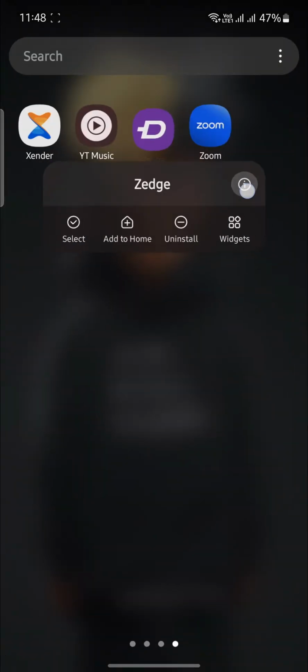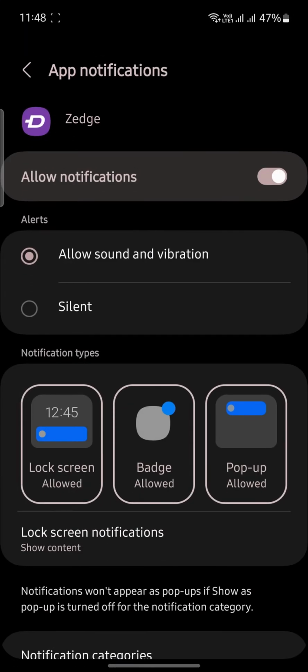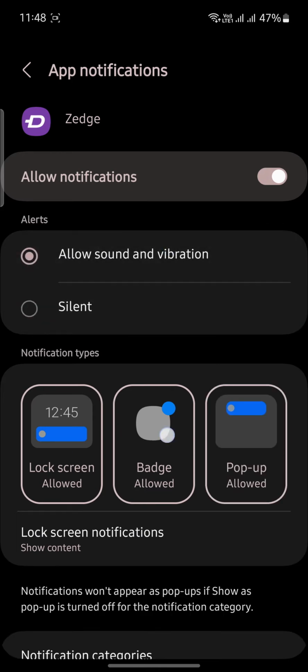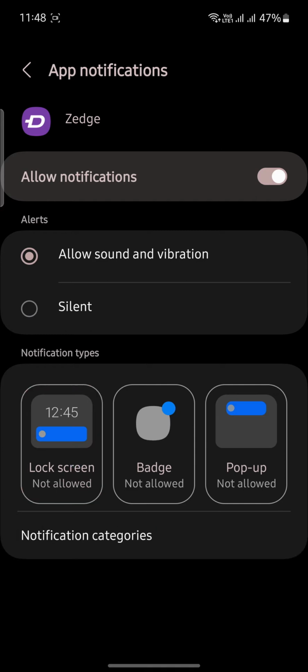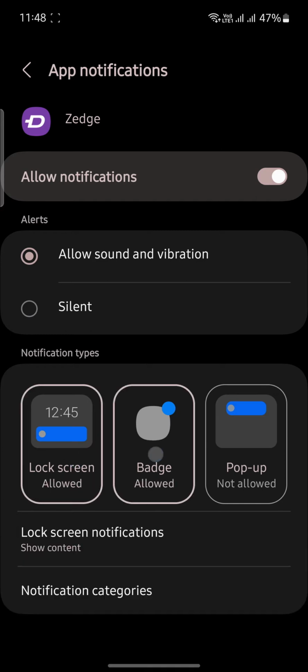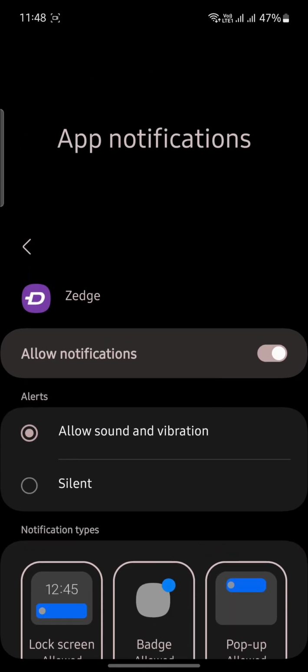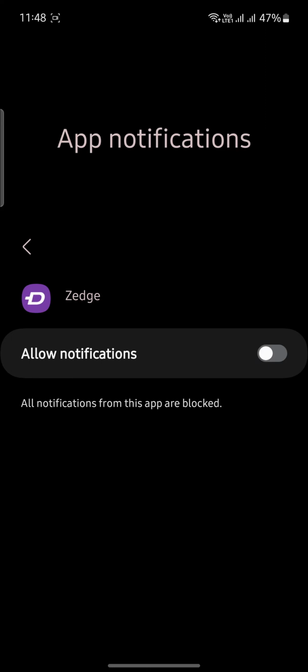So go to Zedge, go to its settings, tap on notifications, and you can even turn it into silent, or you can modify the notifications like allow badge, pop-up, lock screen, and etc. You can go ahead and go to the lock screen notifications and also change it. You can hide and show contents, and if you want to block it, just tap on this button and you